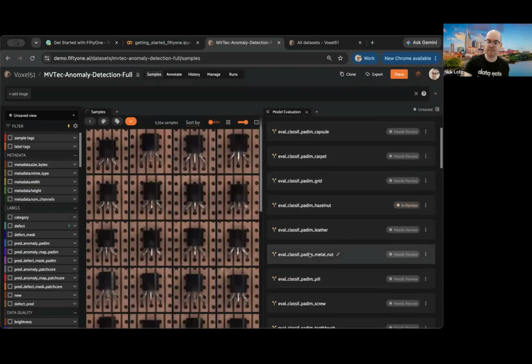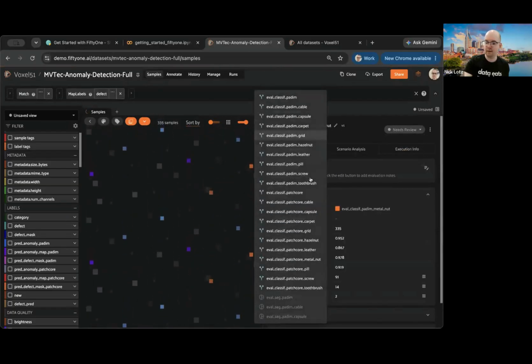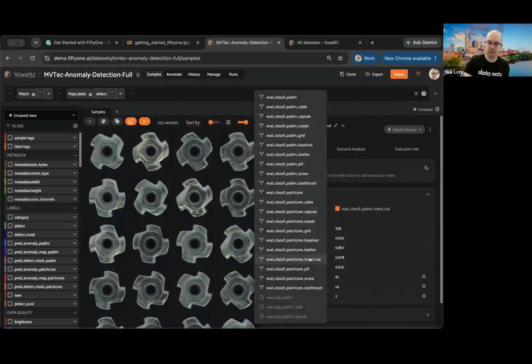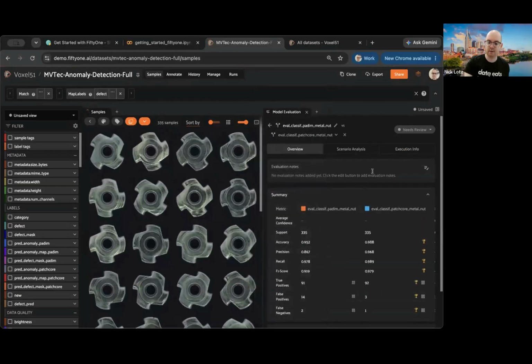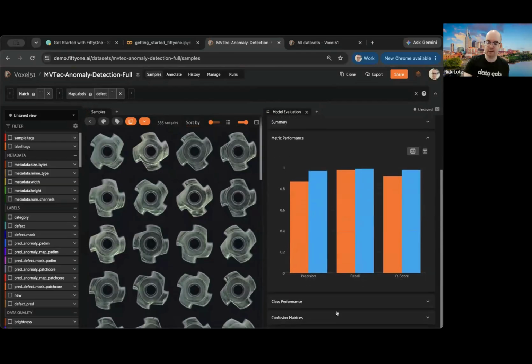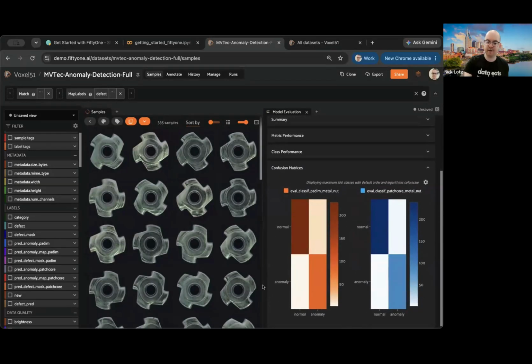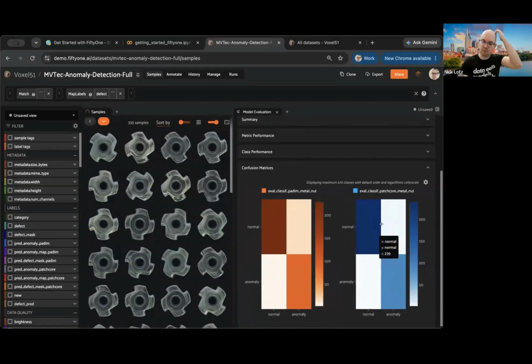So let's look at metal nut. Here we have the PaDiM eval for metal nut, and I'm going to compare it with the PatchCore eval for metal nut. And then here we can see where each model performed better. Here we can see the PatchCore model won pretty outright. We can see the metric performance, class performance, and then the confusion matrices. And again, if I expand this out a little bit, we can see where PatchCore, the few cases where it confused